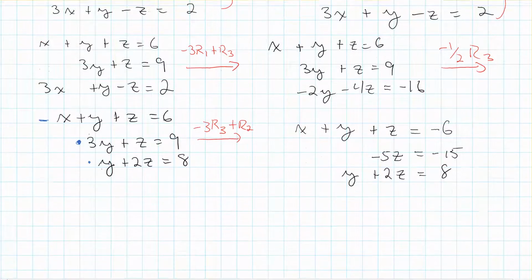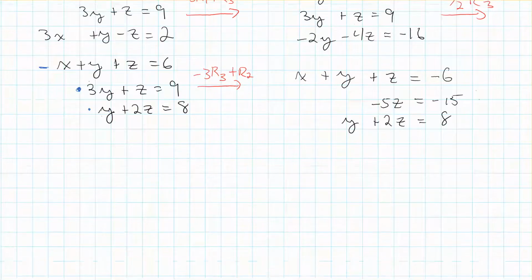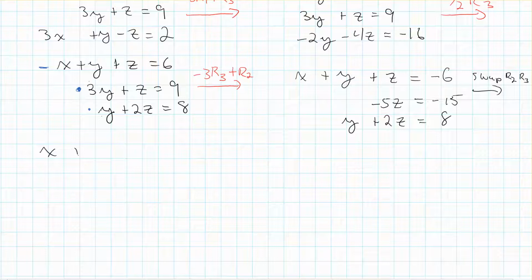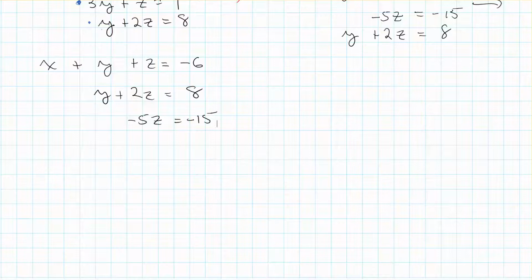But now I can clearly see here that I can swap 2 and 3. Because if I do that, I have x plus y plus z equals negative 6. And then I've got y plus 2z equals 8. And negative 5z equals negative 15. Which then we can clearly see, if you have negative 5z equals negative 15, you've got z is equal